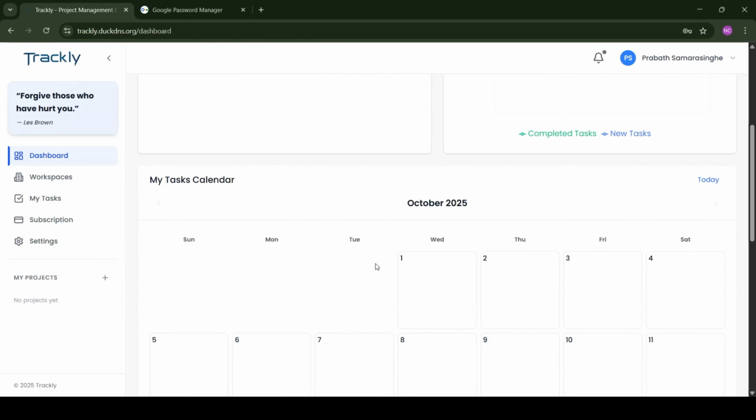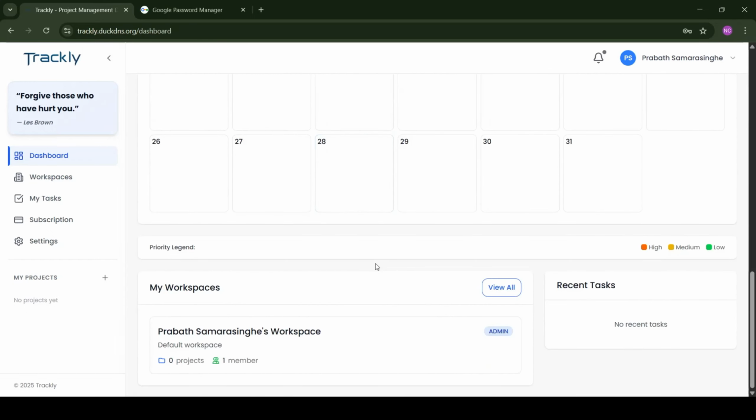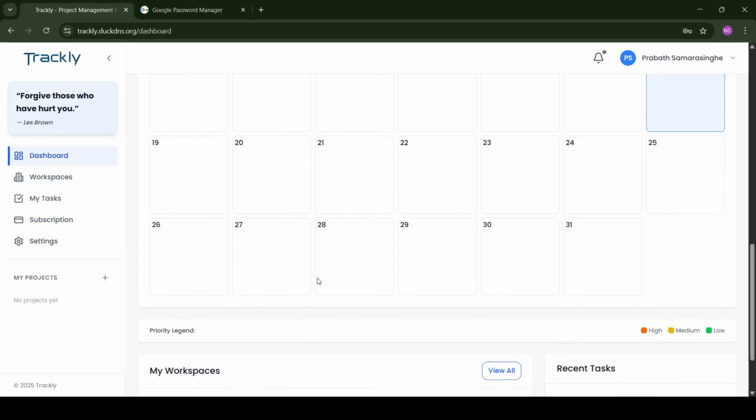So this is the task calendar, then my workspaces. And also one thing I have to mention here is once you log in for the first time, automatically there will be a workspace for you. By default it will create. So, since we don't have any data to show